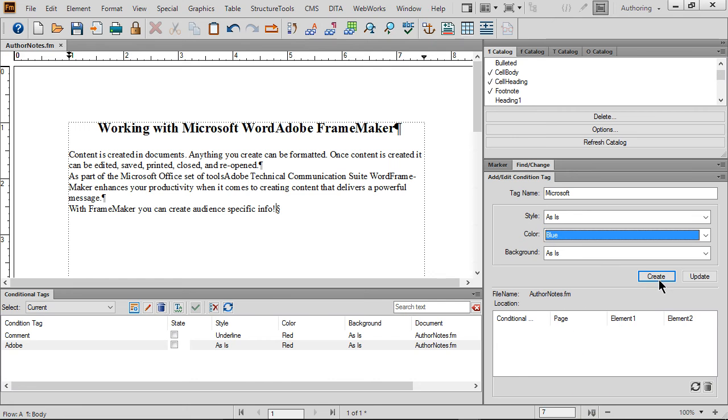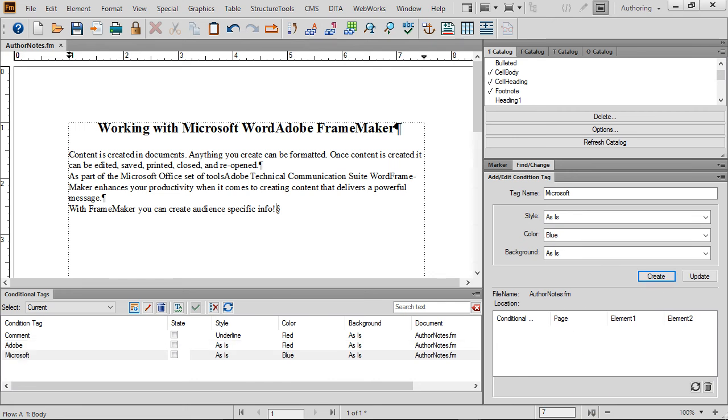Then I'll click on Create. That's how you would go in and create these two tags. In a template, that would already be done for you. So let's instead go in and apply and see what happens when we set up content to be Microsoft or